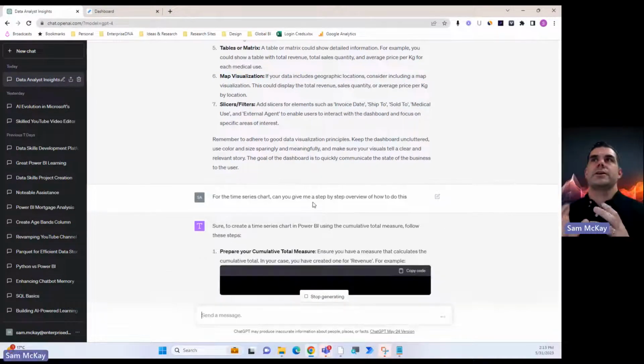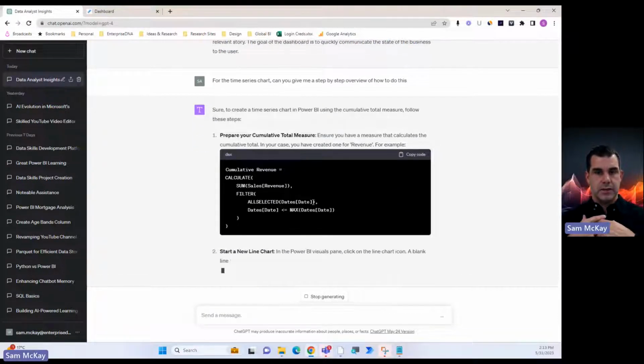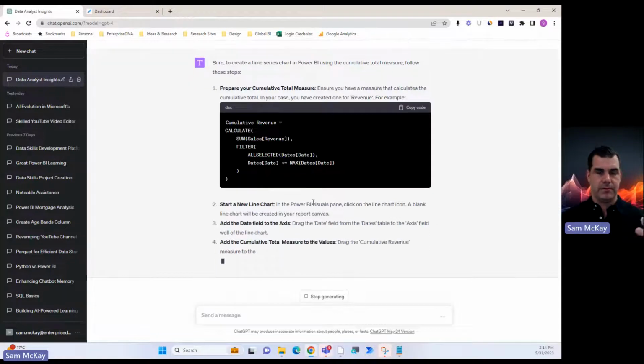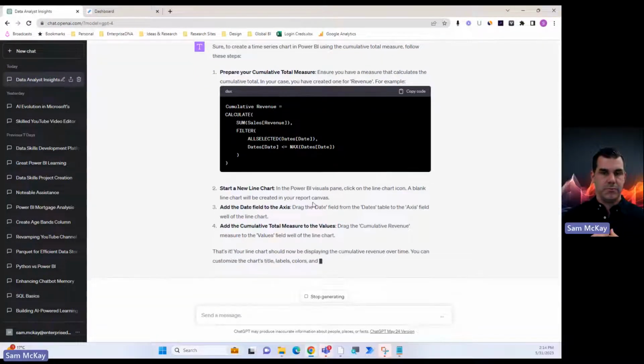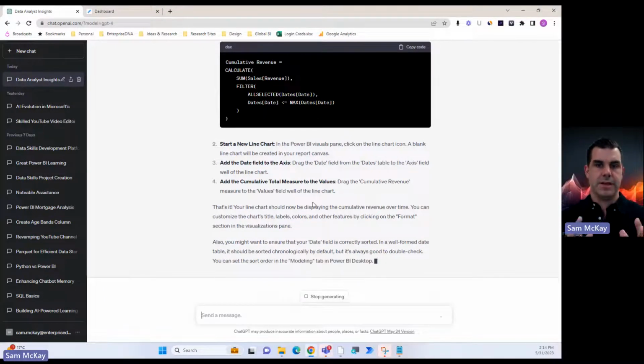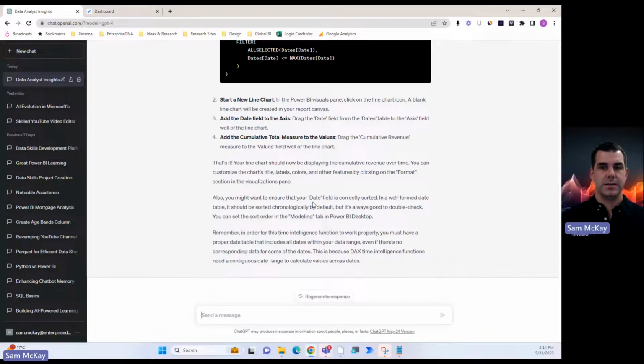So what I've found is it truly understands the Power BI environment. It will tell you step by step where everything is and what you should do to action it. It almost knows the environment. It knows all of the features that you can use.